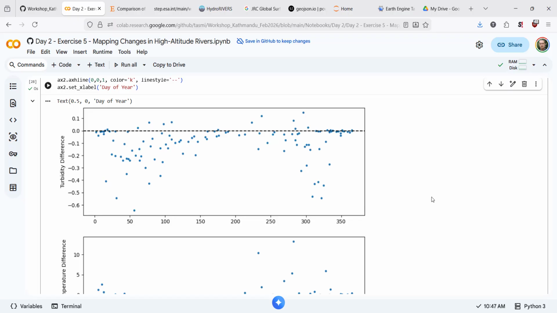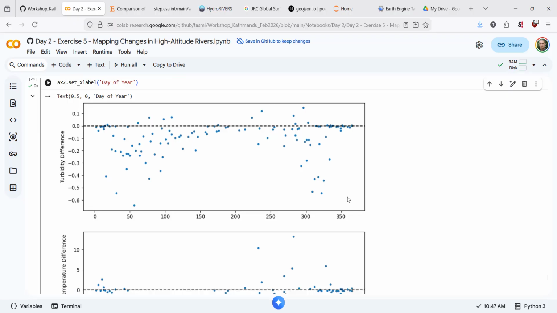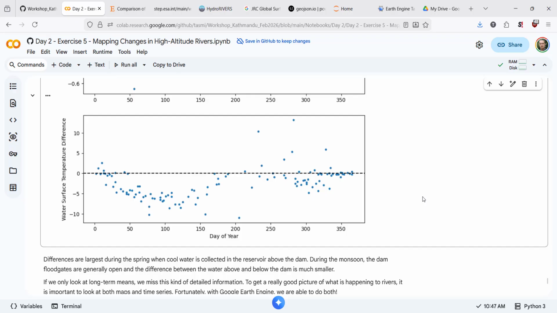And this is the kind of detailed data that you would not be able to see from just looking at these averages or looking at these maps. You have to go in and select the 2 points that represent what you actually want to look at. What's the difference, or what's the impact of this particular hydropower dam, and how can I pull this out? And something like this, you can make the case that over a number of years, if I look here in the spring, I have a very, very pronounced difference in my water temperature due exactly to this hydropower dam. So that is it. That was my last piece of